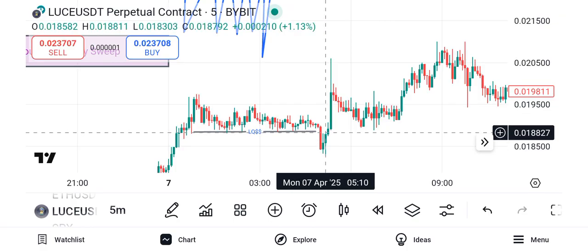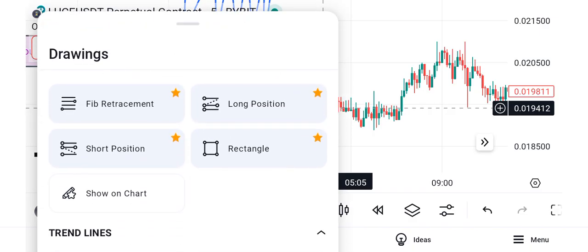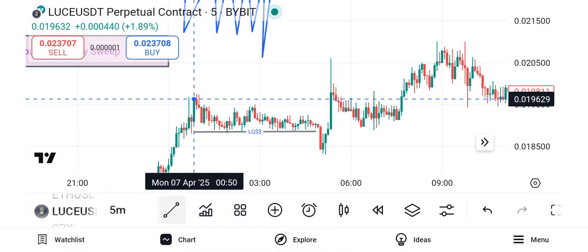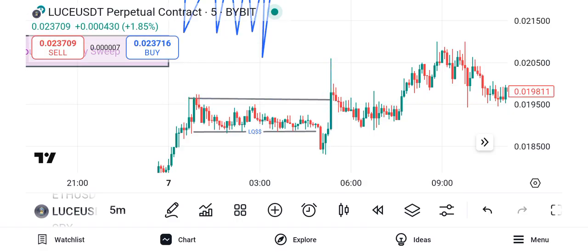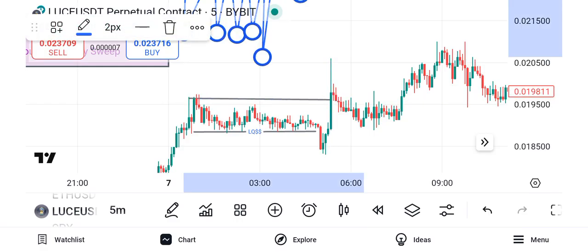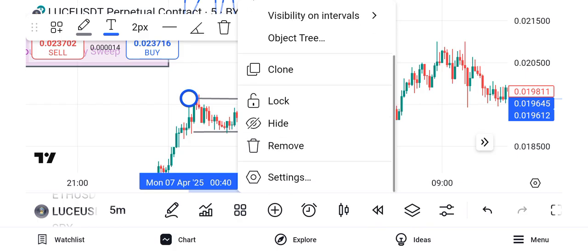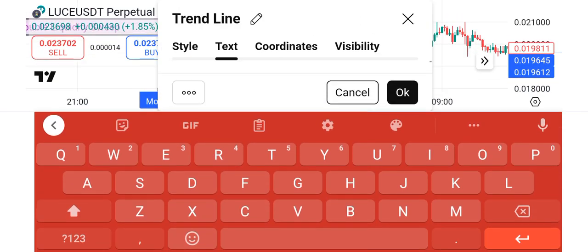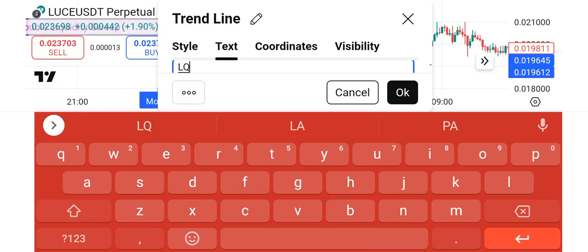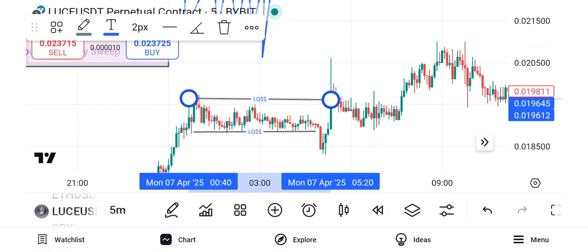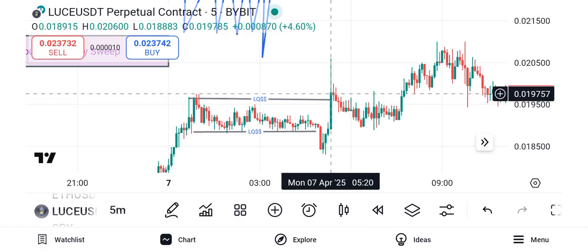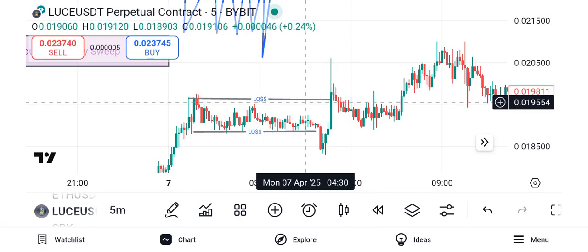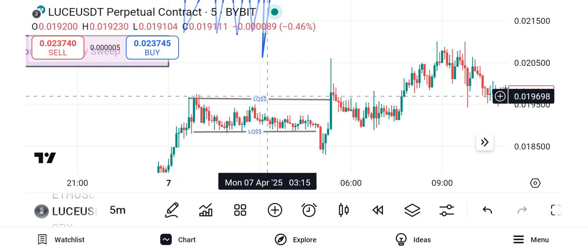Everybody here is cleared. All the sellers here are cleared. Now, it went back up to do what? To also clear the buy side liquidity. The buy side liquidity. Right? Now, what happened? The moment it trades above this zone, it has taken out this buy side liquidity and also pending orders,